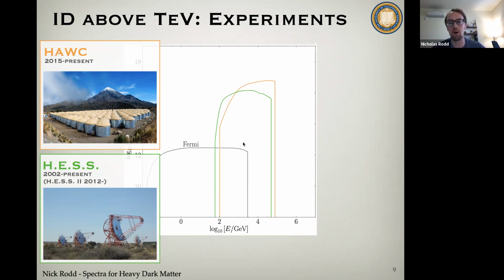So in truth, there's some drop off, but it is not just a sharp drop off. I've just taken these from the experimental papers and at some point they stop quoting them. Exactly how well they could reconstruct this, as you said, becomes harder and harder, but they don't even try to estimate that because they don't expect to see any photons of that high energy for their given experimental size. Even in the dark matter case, you might predict some of these very high energy photons, but if your experiment is only a meter squared, it's very unlikely one of them will hit it. But that's a good observation. That's what's going on there.